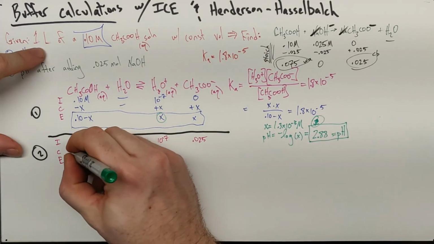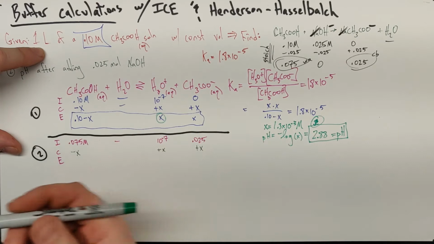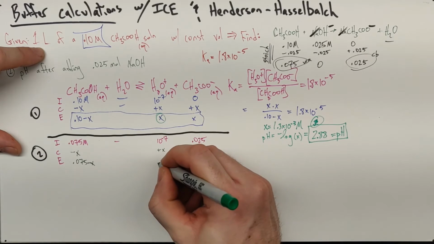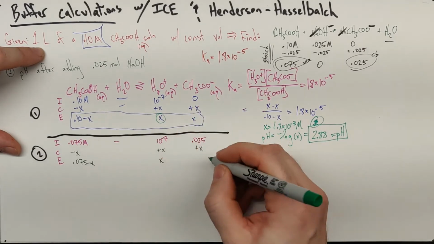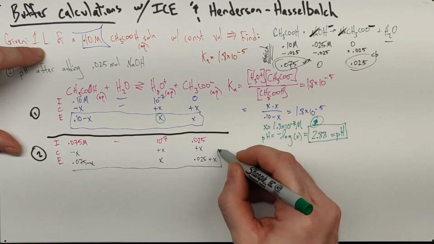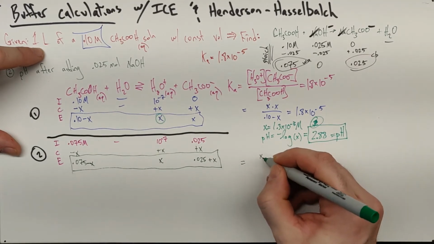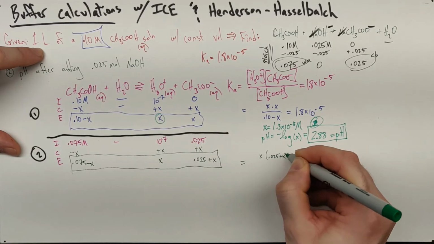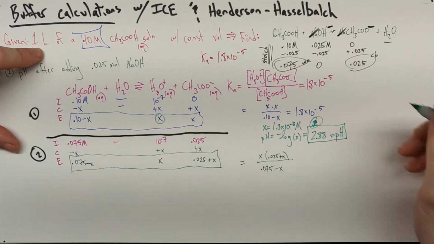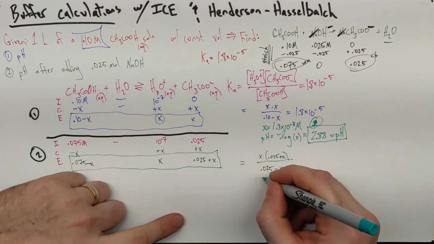It's a weak acid. Once again, I'm going to have minus x, and I'm going to have plus x and plus x. But since there's already some of this here, it's going to be harder to go in that direction. 0.075 minus x, and then we have x and 0.025 plus x. These are my equilibrium conditions that I'm going to plug into that Ka expression. So we end up with x times 0.025 plus x over 0.075 minus x. In this particular case, when you solve it, you find out that x equals 5.4 times 10 to the minus 5